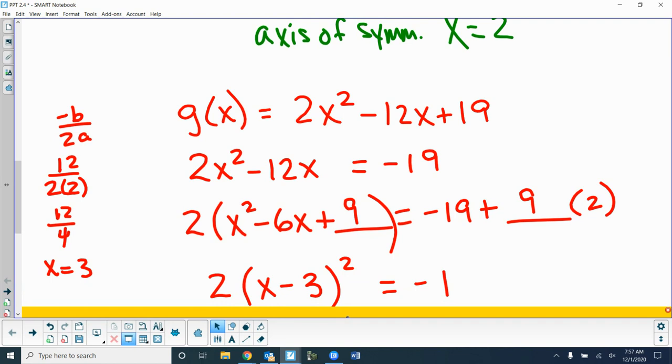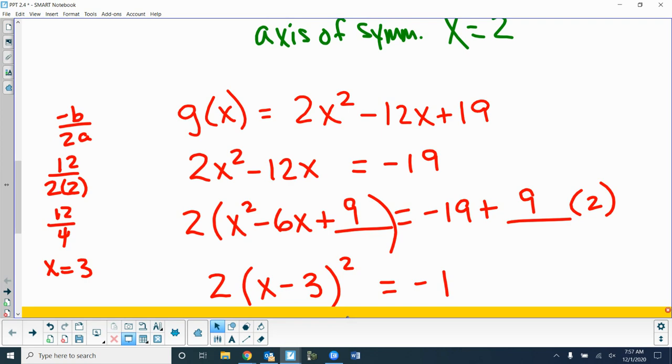So the square root of x squared gave me the x. The square root of 9 gave me the 3, and whatever was in front of my b goes in between. The 2 still drops down. And then I just did negative 19, and 9 times 2 is 18. So negative 19 plus 18 is how the negative 1 got over there. Okay? So what I was doing over here on the left was